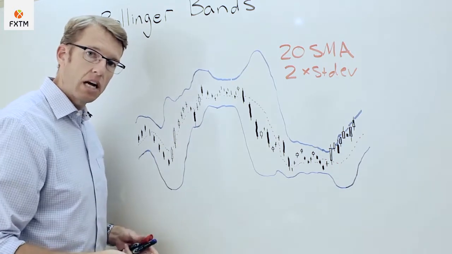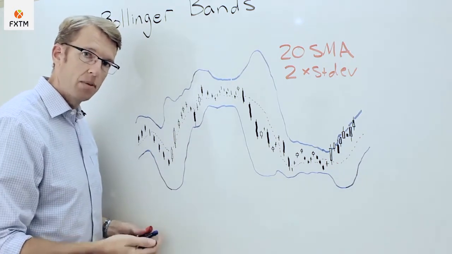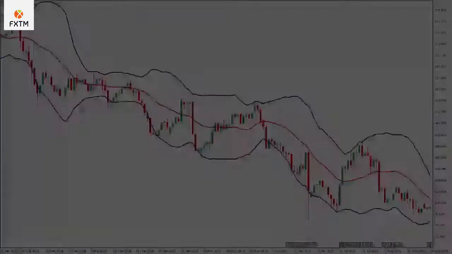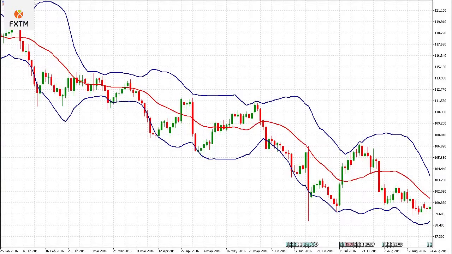In fact, let's take a look at a couple of examples of a bullish tag and a bearish tag. Here you can see a bullish example where the price did come down and touched very briefly that lower Bollinger Band before continuing to the upside. This bearish example is just a mirror image of what we looked at on the board and in the prior chart, in that the trend was already descending and then the price briefly touched that upper Bollinger Band